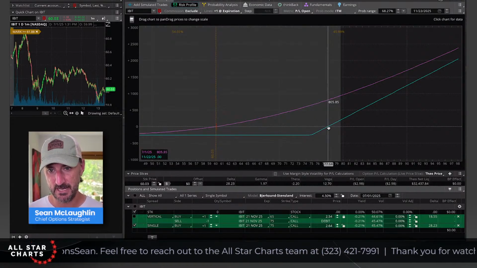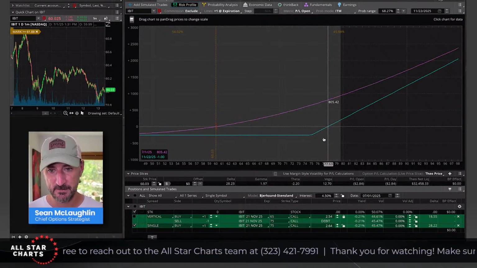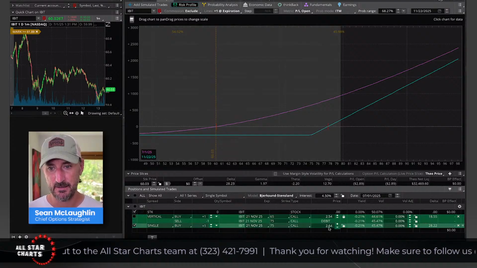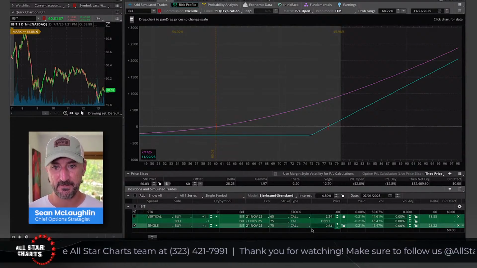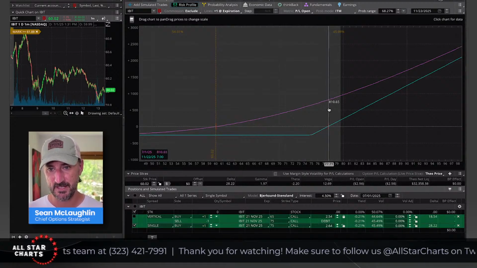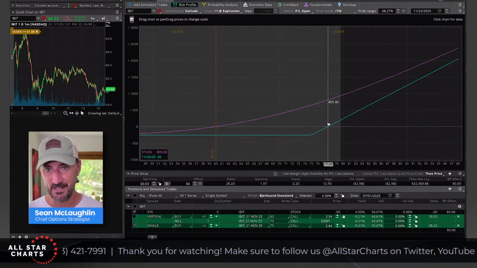Right around, you can see at the bottom of the chart there, $77.64. Now, how's that calculated? It's basically the strike price, which is I'm buying the November 75 calls, plus the premium I paid today. All right, so 75 calls plus 2.64 works out to be about 77.64. So the stock needs to get all the way here.